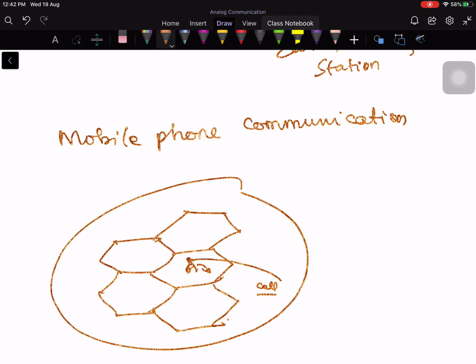Here one range of frequency is allotted to you, and the same frequency is allotted to somebody else in the neighboring cell or somewhere distant from you. So it will go and interfere if you increase the power. Therefore it has a potential to interfere with the other signals which are operating in the same frequency band. This concept you will be studying in the upcoming semester.